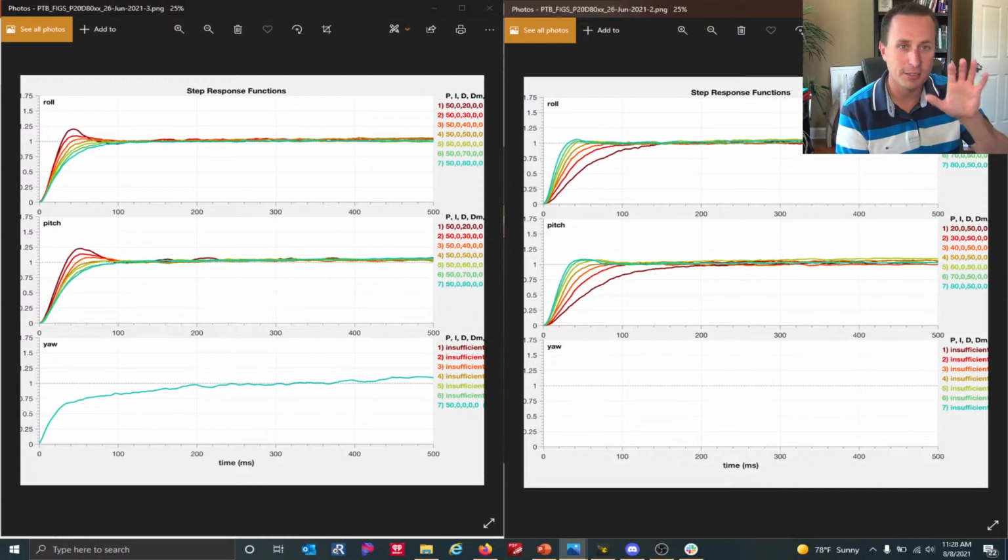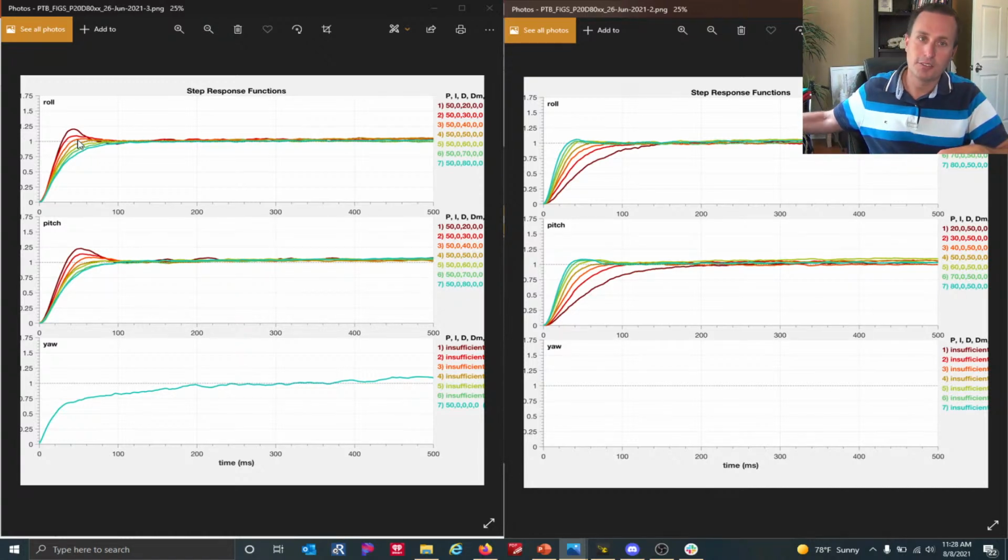If you do tests and they keep showing the same result, the confirming result, well, then what you're saying is not a subjective thing. It's objectively true. So that's what this was for. And in this testing, we set I term to 0. Brian set I term to 0. You can see on both sides. And in this one, he held the P term at 50, 50, 50, 50, 50. And these are just different flights on the same quad, back to back to back, and just doing moves like this,